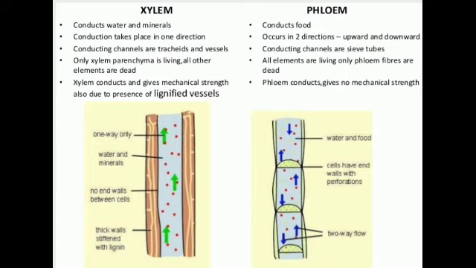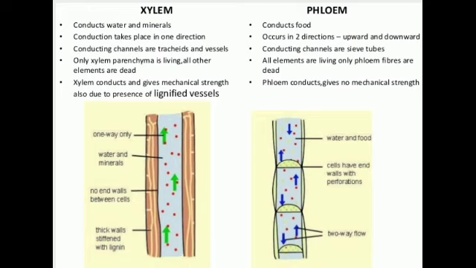While in vessels, the end walls are commonly dissolved. They are completely dissolved. And conduction of sap, sap means solution of minerals and other nutrients, takes place. And it also provides mechanical strength to the plant. In vessels, lumen is wide, while in tracheids, lumen is narrow. Lumen means it is the fluid which is present in that. Okay. So, all these cells combine together and perform the function both in xylem and phloem.